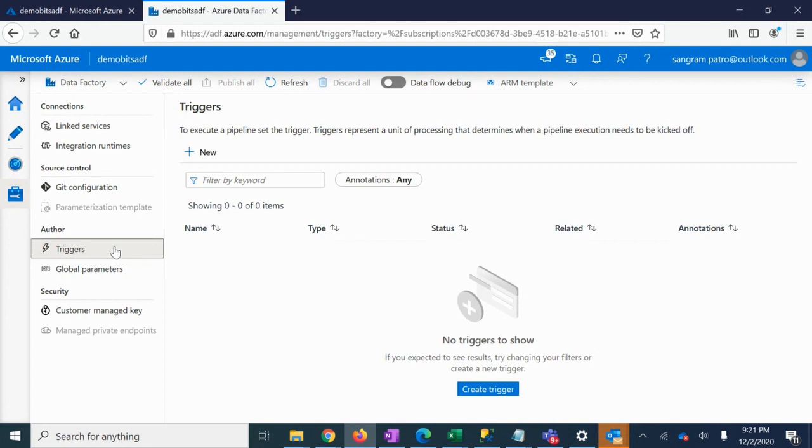But if I select schedule trigger, it will not wait, and as soon as it reaches the 6th hour mark, it will start running the pipeline. So that's basically the difference between schedule trigger and tumbling window trigger. There is a third trigger called event-based trigger. So let's say I'm putting a new file in my blob container, and then I want my pipeline to run. So that is basically an event-based trigger. I would create certain videos for triggers, and I would explain that in depth.